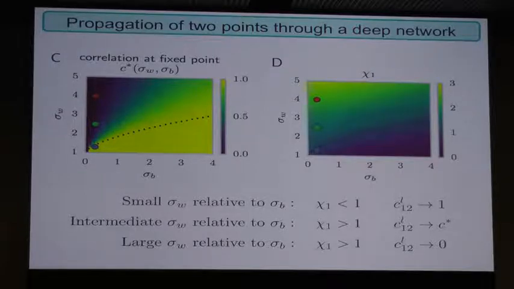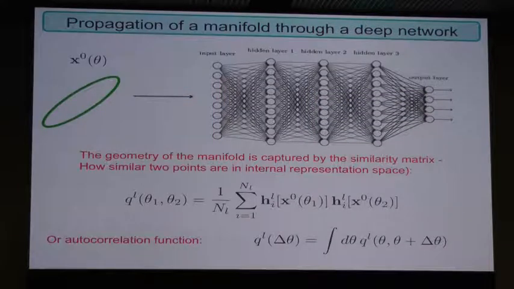Okay, now this has implications for the propagation of manifolds through the network. And now we're going to get to input-output chaos. So now let's imagine that we just have a simple one-dimensional manifold propagating through the network. Everything I say holds for higher dimensional manifolds as well. But let's say we just pick a circle sitting in a randomly oriented 2-dimensional plane, set within this input space. And we let it propagate through the system.